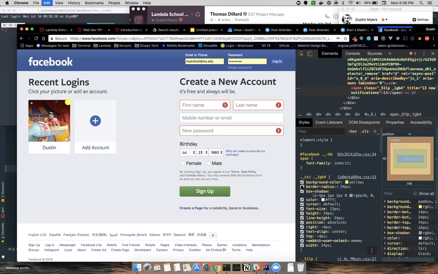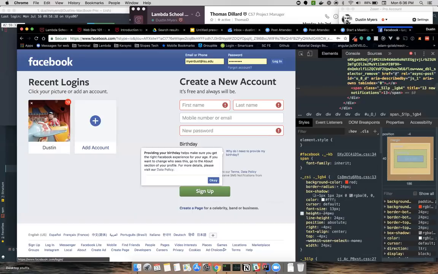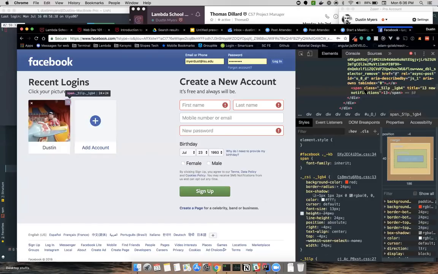So if we kick everything back here, oh, it's not letting us go back. That's okay. We'll say red back there, even though that's not the same red. That's okay. So kind of back to where we were. So we can play around with the different styling here in CSS.